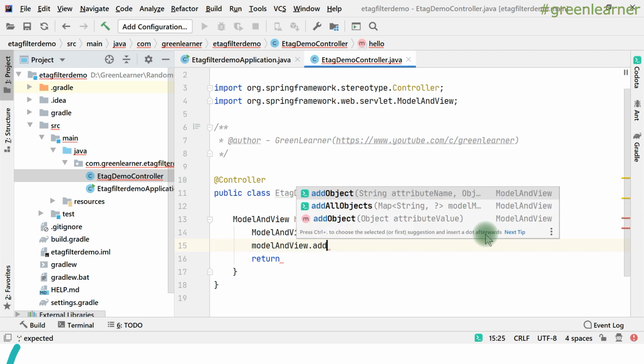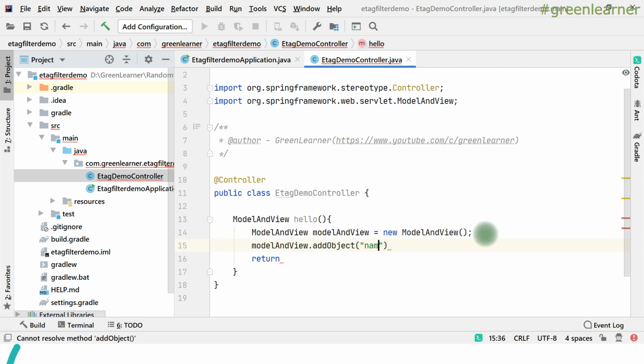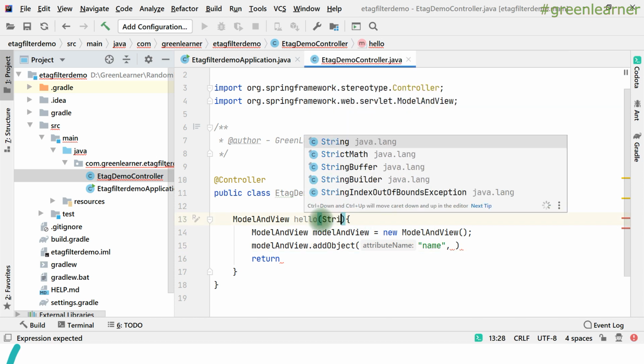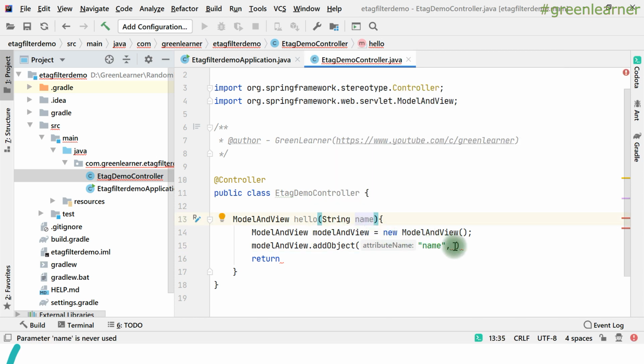So add object. I want to add a name here, which I will pass to the HTML page that I am going to create here. So I want to have name here, pass it name here, and return model and view. That is it.